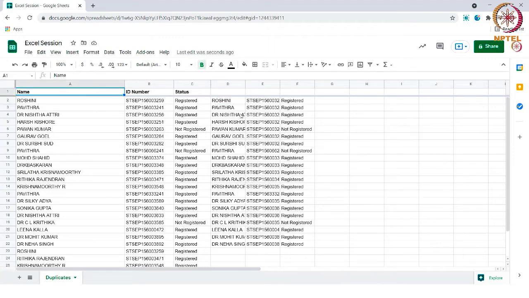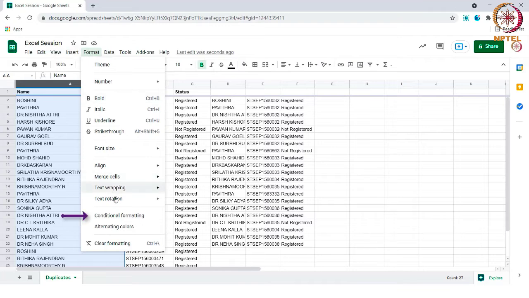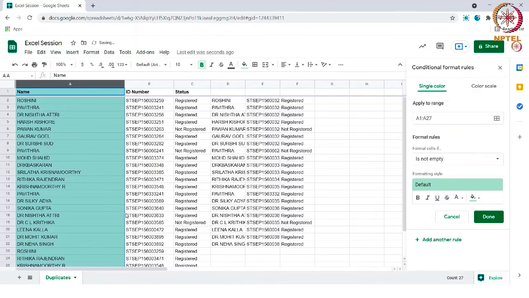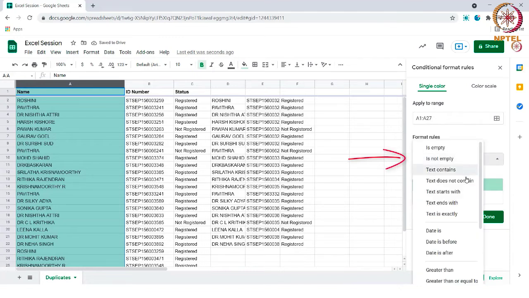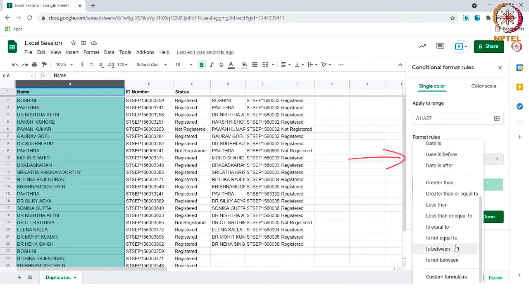Let me show you how to highlight duplicate entries available in a column. Choose the column where you need to highlight the duplicates. Then go to Format and choose Conditional Formatting. Under the formatting rules, choose the custom formula from the drop-down.